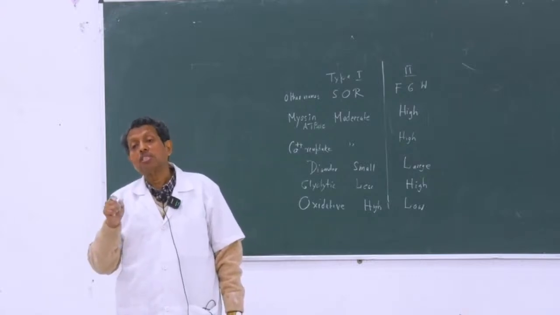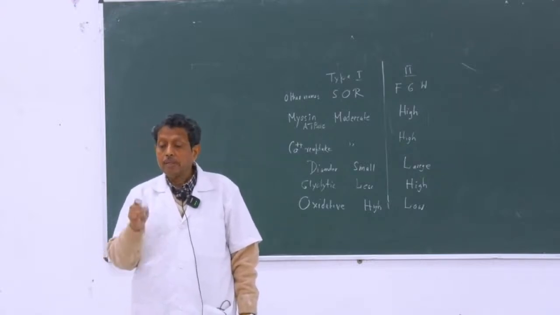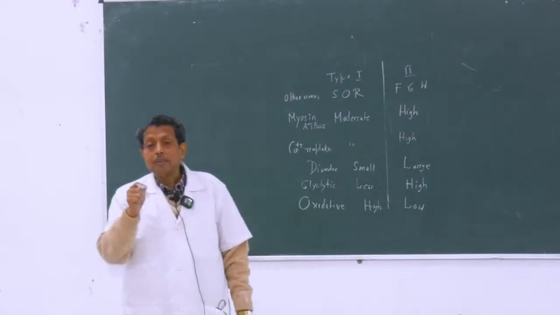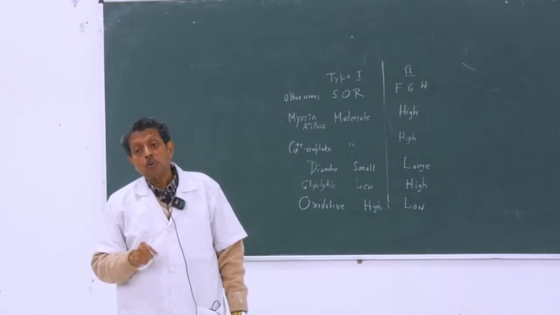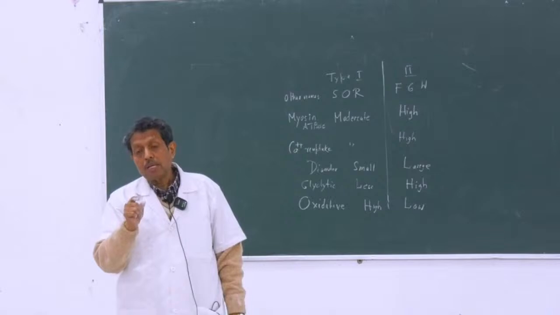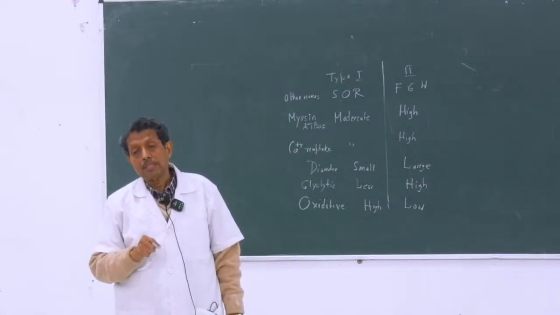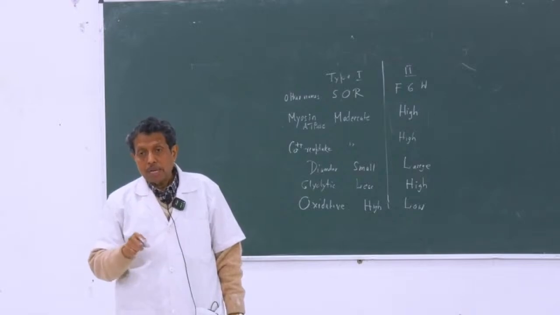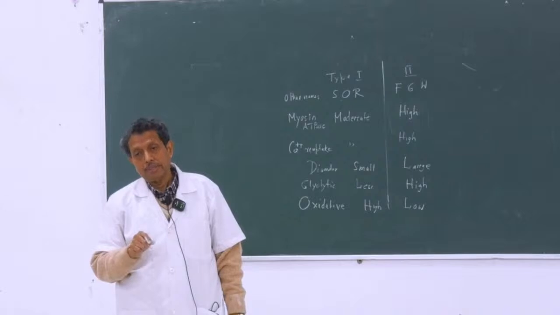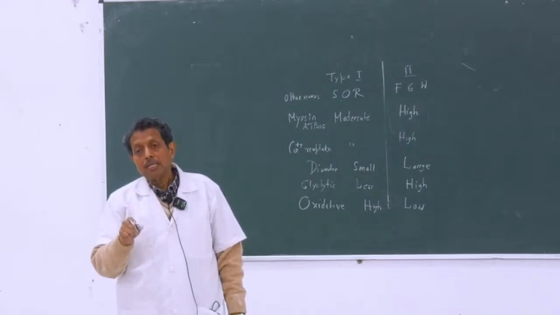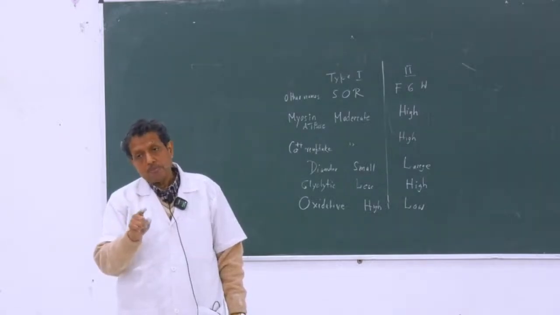Whenever much force is generated, when an individual is taking a penalty shot, ultimately the shot depends upon the activity of the type 2B fibers. So they can very quickly generate a force that is not possible with the type 1 fibers. But they are a spectrum, and in different muscles they have different activity. In the back muscles, the erector spinae group of muscles, the number of type 1 fibers may be high.